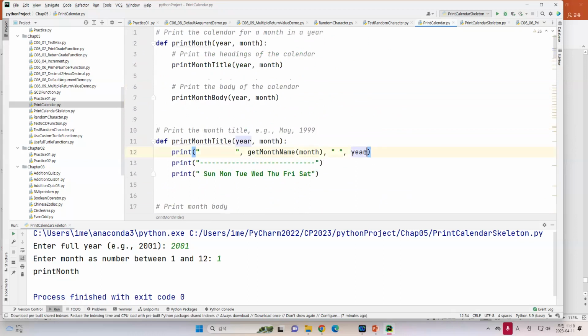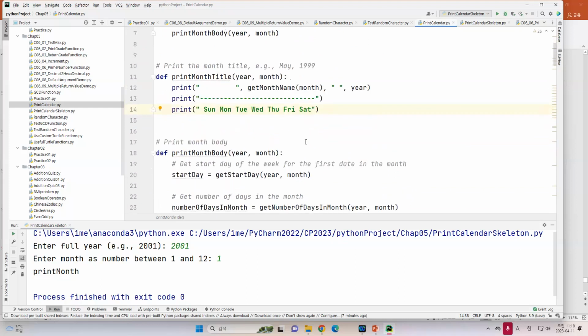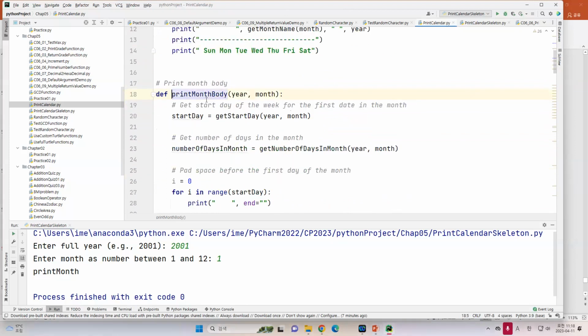And I want to print the year. So the year is the argument. And then I would like to print the title, which is Sunday, Monday, Tuesday, Wednesday, Thursday, Friday, and Saturday. After I finish with the title, then I would like to print the body. So this is the next. Then the body will be